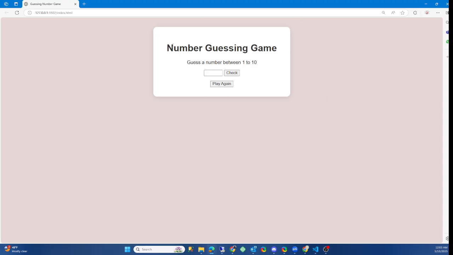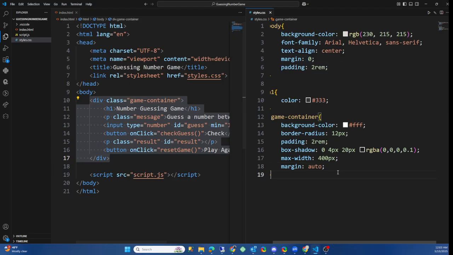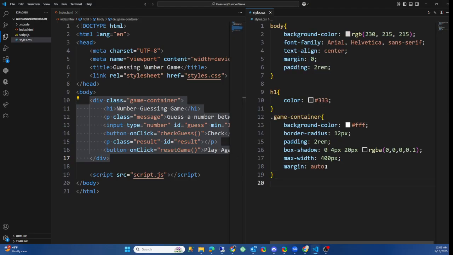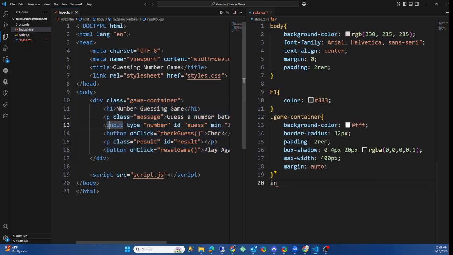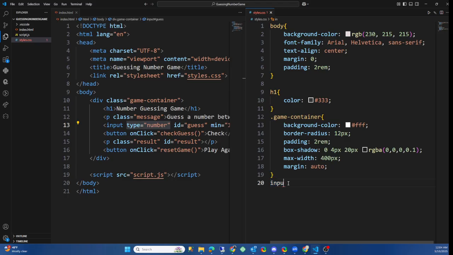So we have a very nice box. Okay, let's take care of the input. So this is the input here, on line 13. It's of type number, so we have to get this number because we need to control it, because we might have a lot of inputs, but in this case we have only one input. So let's put in the bracket and then type of that,